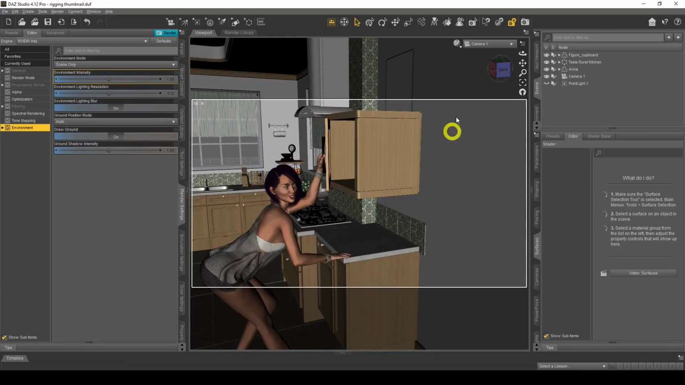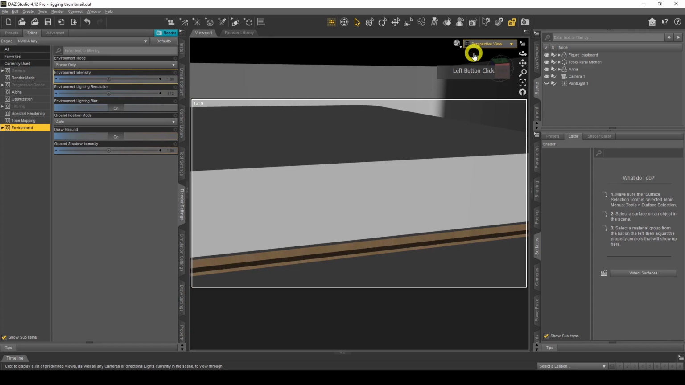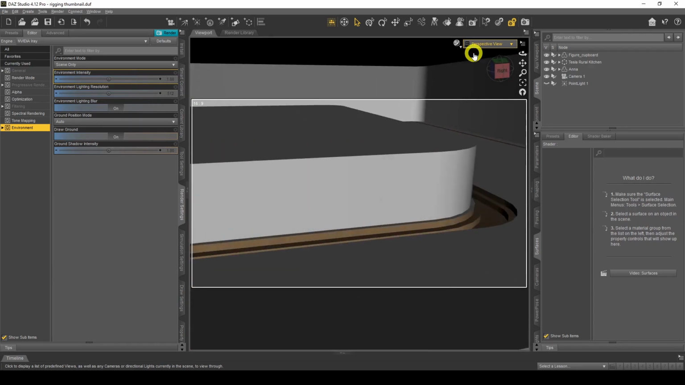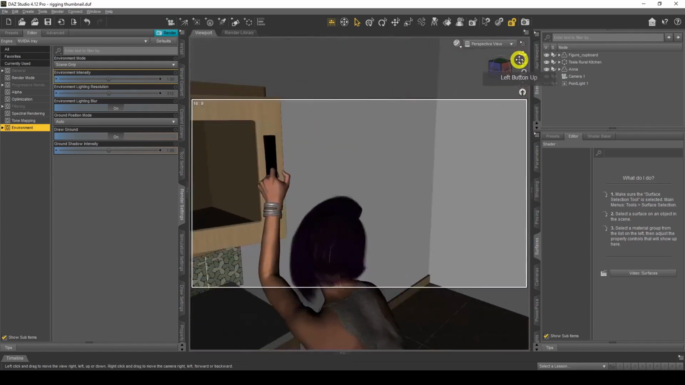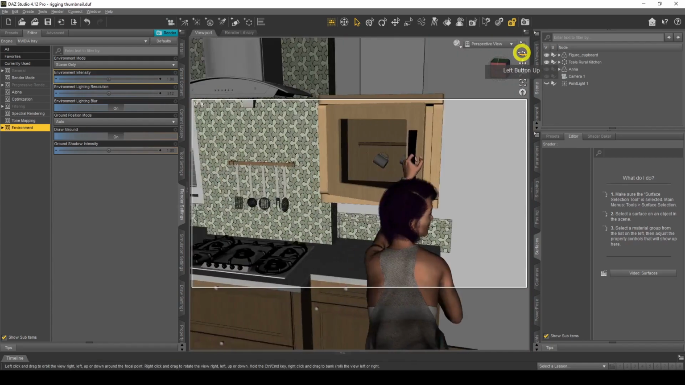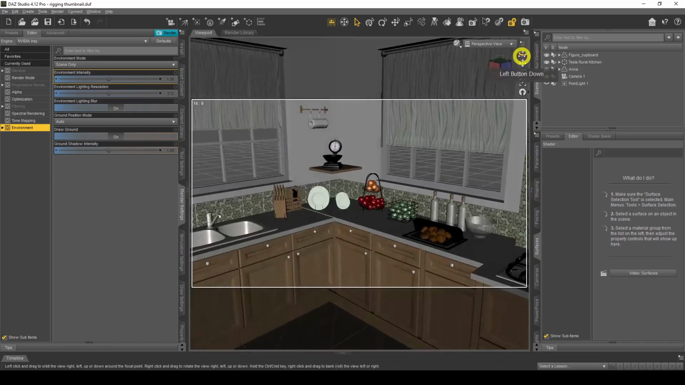Okay, so here's my scene. Just going to go into perspective view because I want to keep that camera angle there. And we're too high there. Just want to turn this around. Okay. So what I did was with IES lights, you can either use